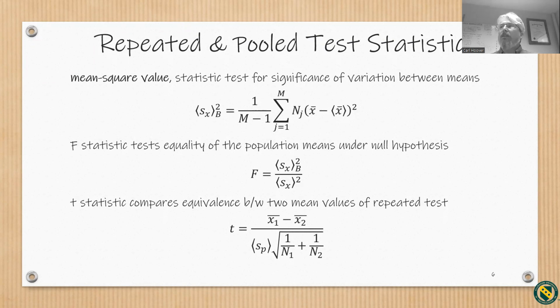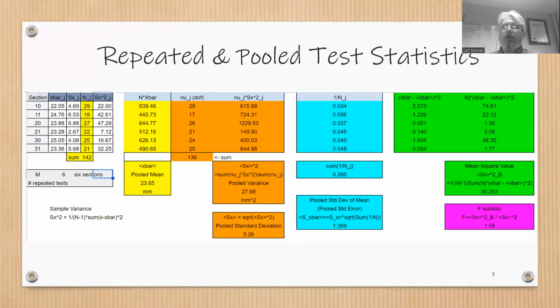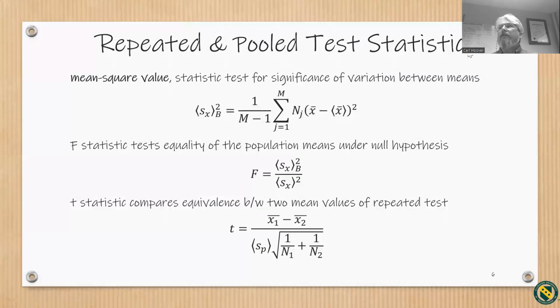So F is large if the variability between pools is greater than the variability within pools, which is unlikely to happen if the population means of the groups all have the same value. So the F statistic is used to determine if the tested data has an F distribution under the true null